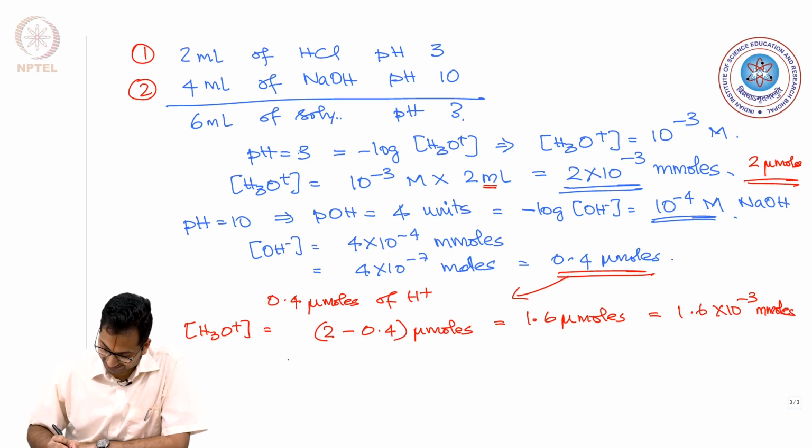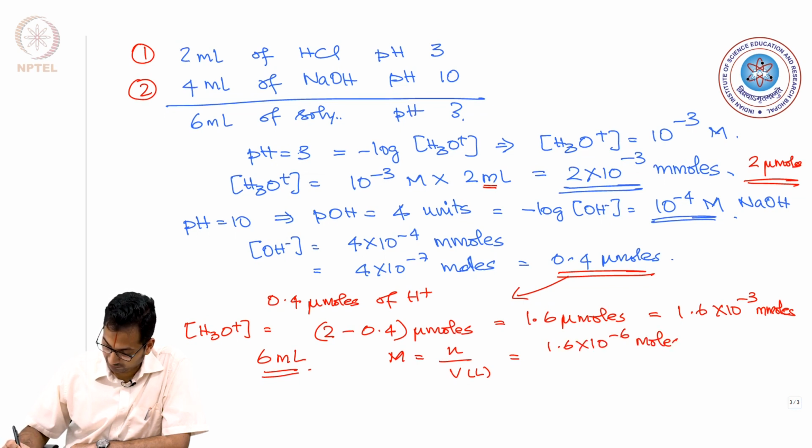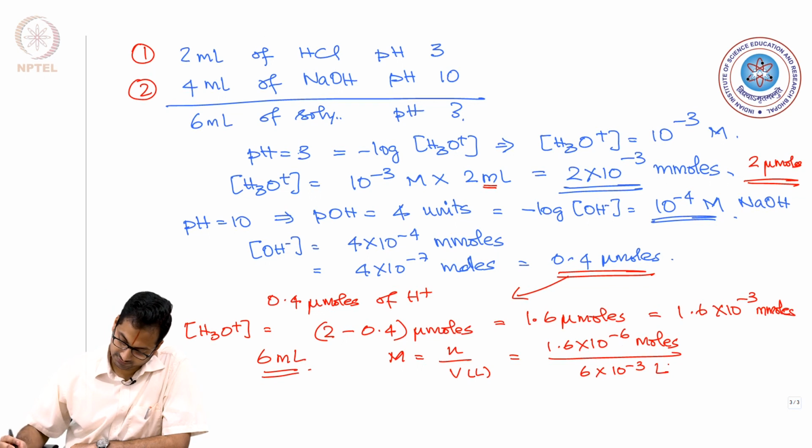You are having 6 ml that is going to be present. So, molarity is equal to number of moles by the total volume that you have in, of course, liters. So, you have something as 1.6 10 to the power of minus 6 moles divided by 6 ml. So, that is going to be equal to